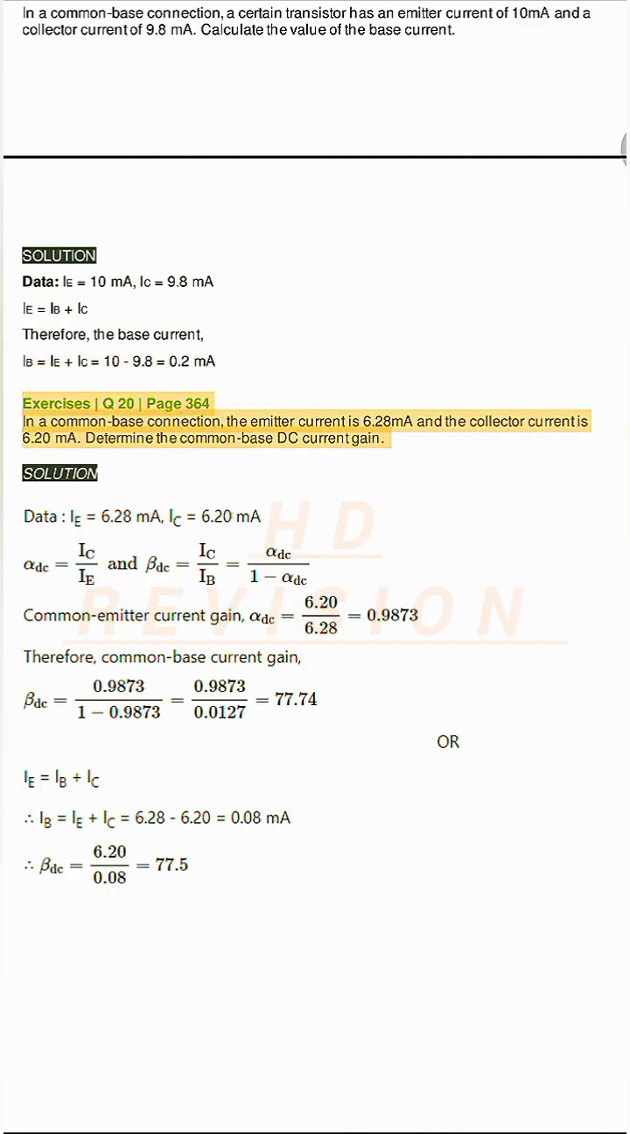Exercises Q20, page 364. In a common base connection, the emitter current is 6.28 mA and the collector current is 6.20 mA. Determine the common base DC current gain. Solution: